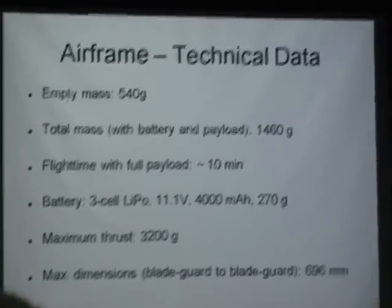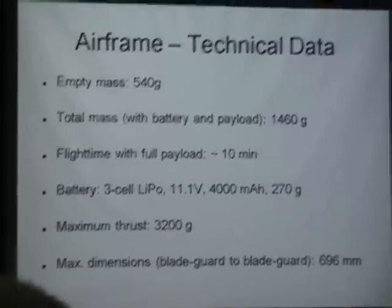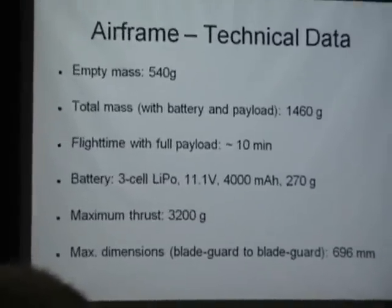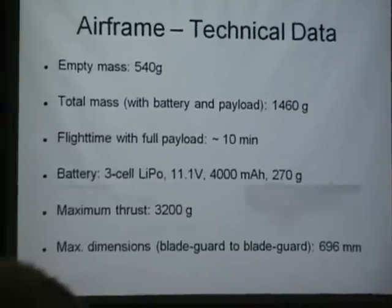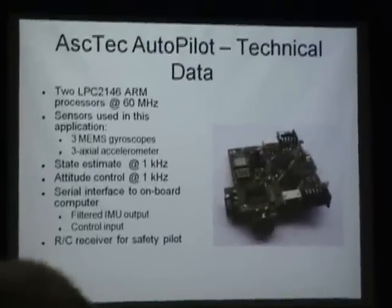In fact, one of our first tests was to put a full wine bottle on top of the vehicle and see if we could take off, and it just barely took off, but that was pretty cool to see. And the maximum dimension is about 70 centimeters. The vehicle is controlled by this same autopilot